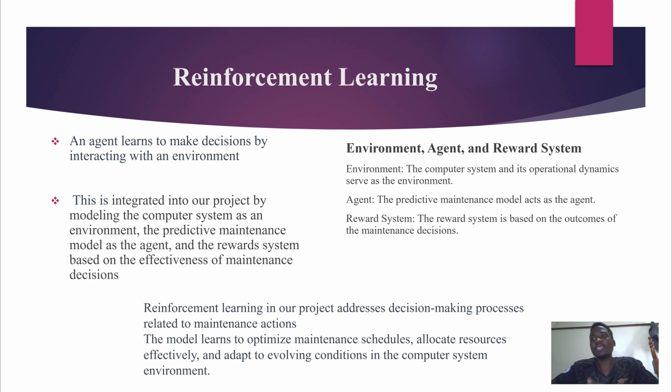The reward system is based on the outcomes of the maintenance decisions from the agents, of course. So reinforcement learning in our project addresses decision-making processes related to maintenance actions. The model learns to optimize maintenance schedules, allocate resources effectively, and adapt to changing conditions in the computer's environment. Yeah, basically those are the three learning algorithms of machine learning that we shall use, and that's how they'll be implemented in our